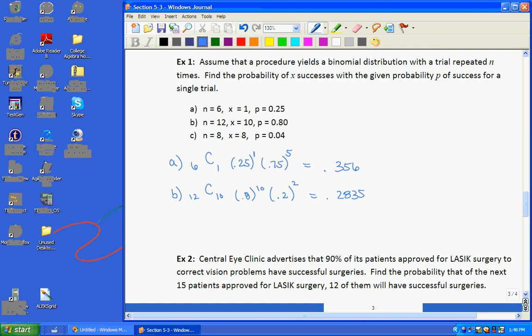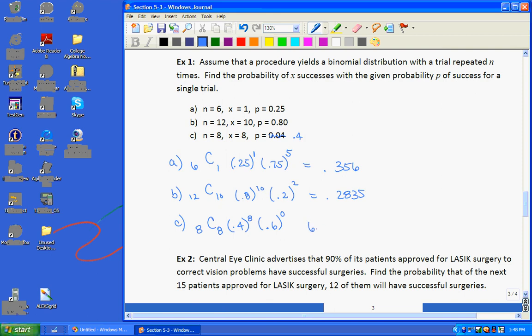Okay, in this last one, I'm going to change this probability to 0.4 instead of 0.04, just so our numbers don't get so weird. So we have n trials, and we have n successes. So I have 8C8, 0.4 raised to the 8th power, and 0.6, the probability of a failure. Well, if all the trials are going to be successes, that means I have 0 failures. So that comes out to,